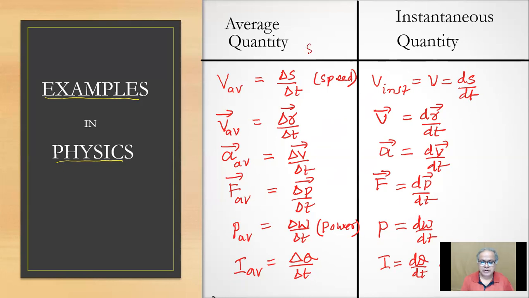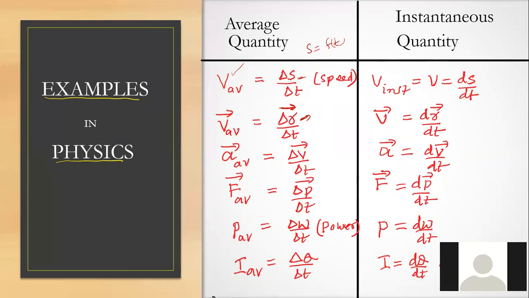Distance S is depending on time, a function of time we say. Then delta S by delta T will be called average speed, children. Average rate of change of distance with time is called average speed. Similarly, displacement delta R is a function of time, for example. This vector sign I put because this will be a vector. This displacement has a direction also. This delta S has no direction, only the amount. So for average speed, I did not put a vector sign. Do you follow? Vectors will be discussed again.